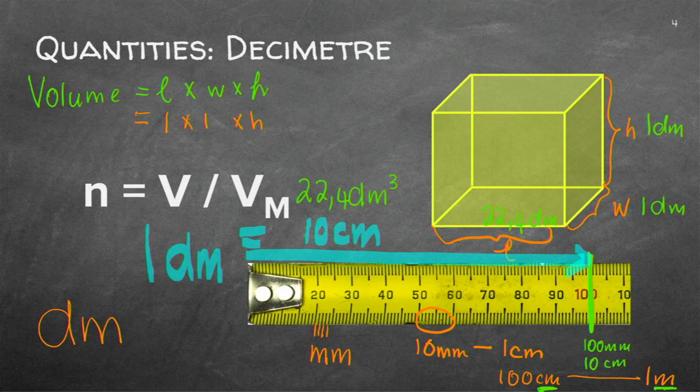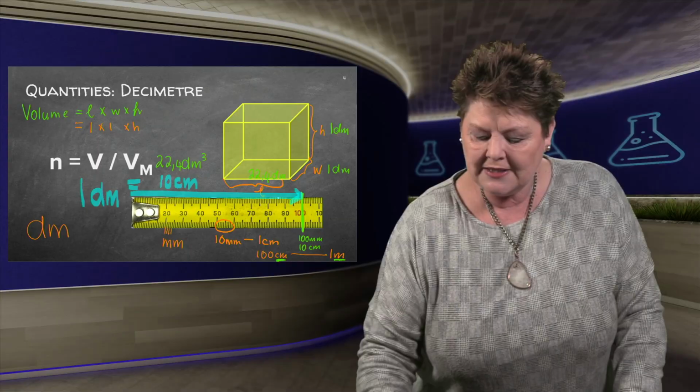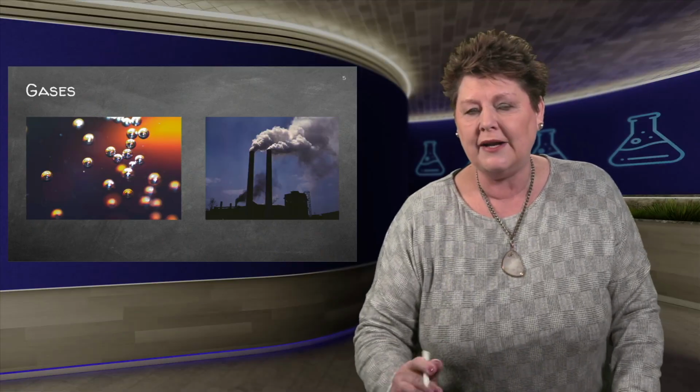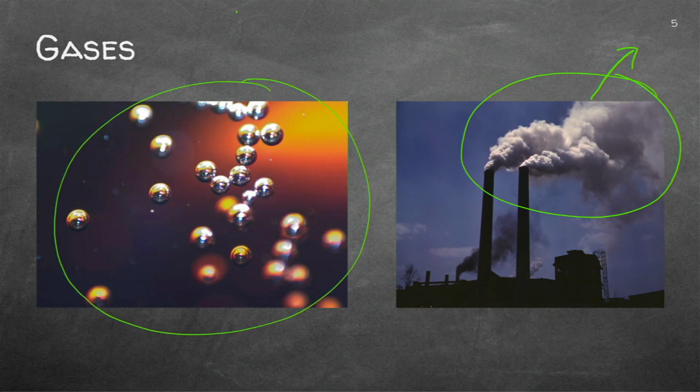You have to be able to convert. And if you get confused with this, go back to the first section that we covered, dimensional analysis, where we do cover the conversion of units. So go back and click on those units and have a look at that again. Right, so we've covered decimeters. Now, just in case you wonder, if I've got gas like this open in air, I do not know the volume at all. If I've got molecules like this in either a balloon, and you all know a balloon, or the one instrument that we use in a laboratory will be a syringe.